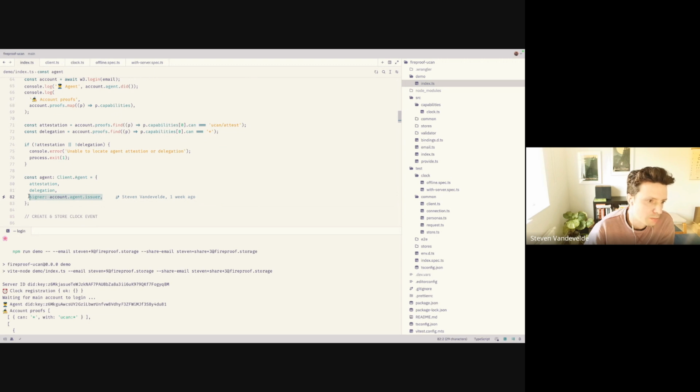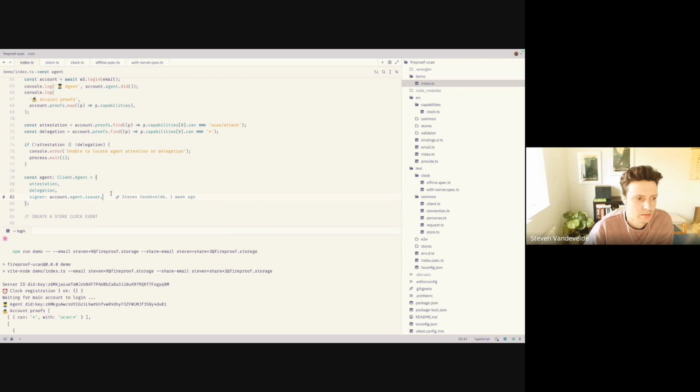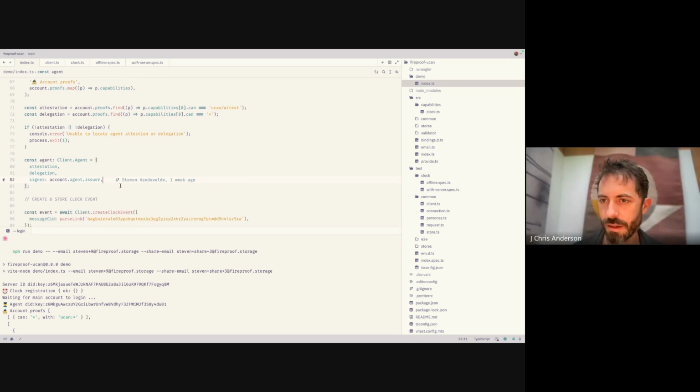The signer is the principal. Yeah, that's the same thing. Okay, so that's the device. That's like the non-extractable device key. Yeah, exactly. Right on, and then